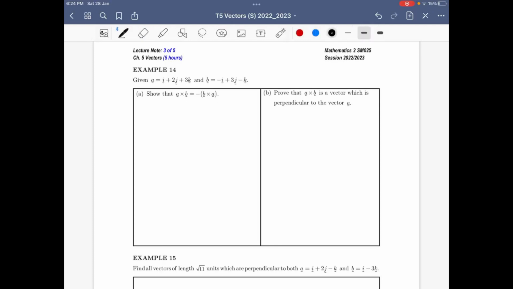So, okay, I try to write it down here. Okay, A cross B equal to i, j, and k. And we have 1, 2, 3, negative 1, 3, negative 1. And then we get